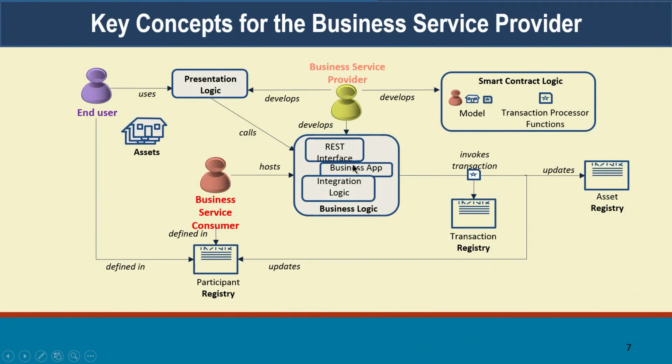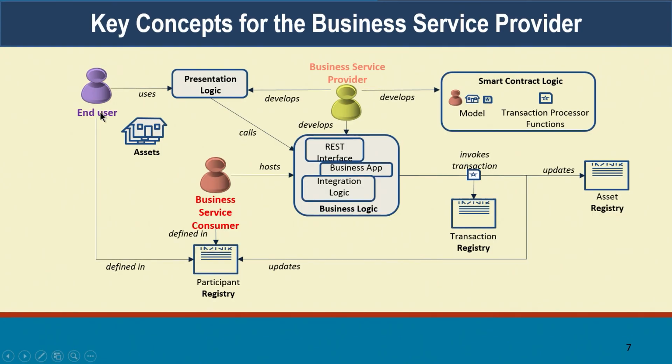So what are some of the key concepts here? We'll start with the end user. It's always good to start with the end user's perspective of the whole thing. The end user wants to perform a specific function. Maybe I'm an end user who wants to transfer balances in a bank account that is maintained on the blockchain. Or I might be looking to trade certain artifacts. Let's say the network manages a set of cars, and I want to purchase cars on the network. So maybe there's a presentation logic, and the developer is going to be using that user interface to interact. Or they could also directly make API calls